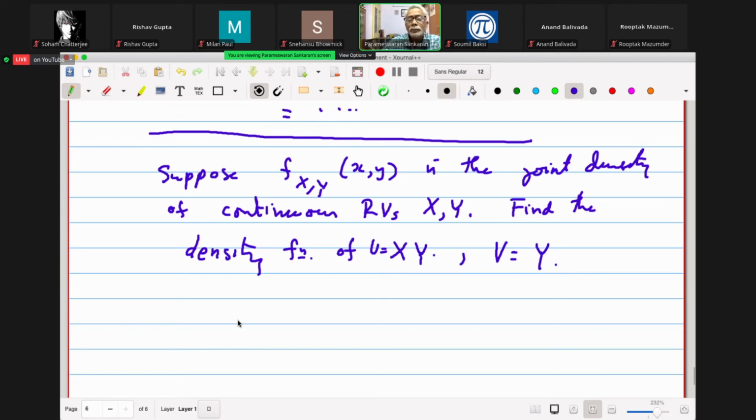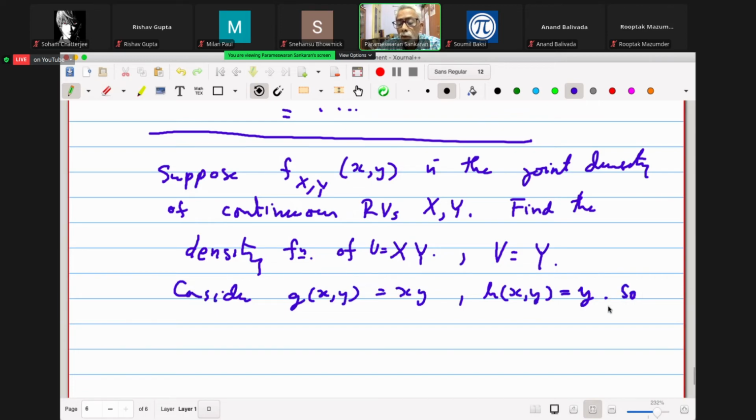Is that clear? All right. When you do this, then I can write. So here is a situation. Consider g of x comma y to be xy, and h of x comma y, which depends only on y. Putting these two together,